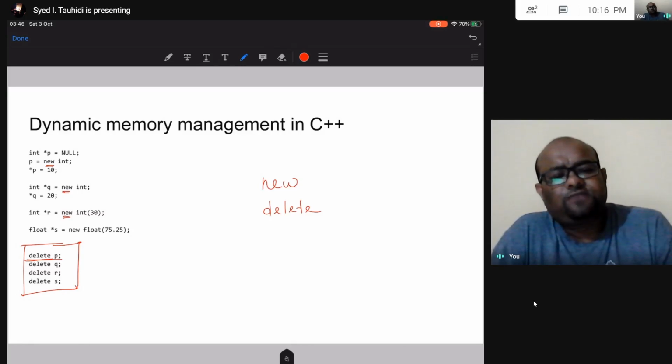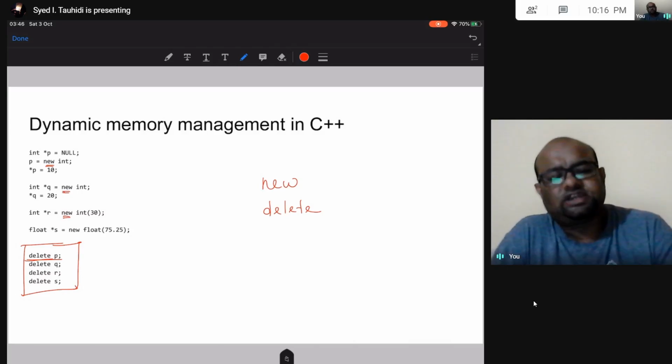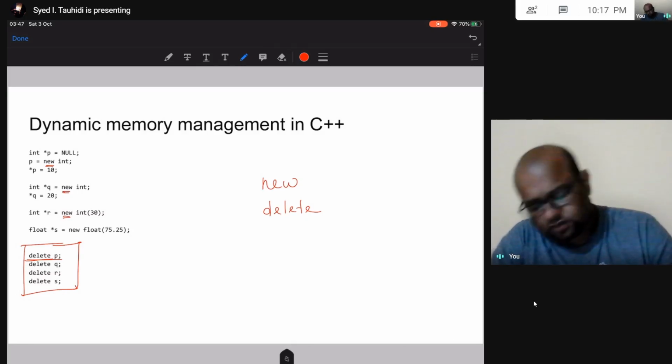So malloc and free enabled us to do all these things, but new and delete enable us to do these things in a more user-friendly way. Okay, it is easier to use this. The syntax is easier. Okay, so yeah, that is what we have.